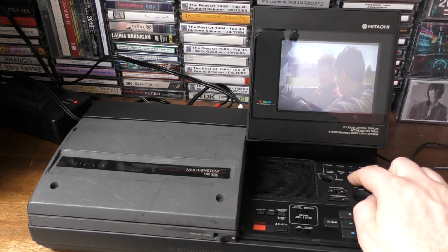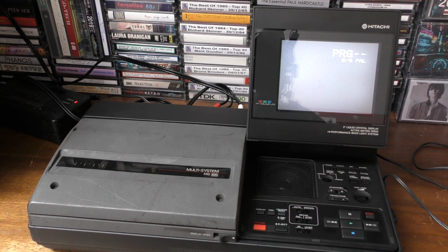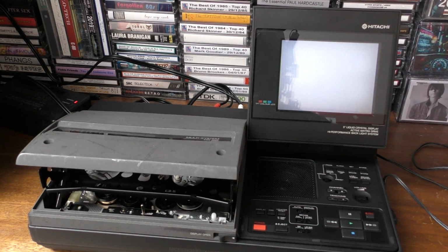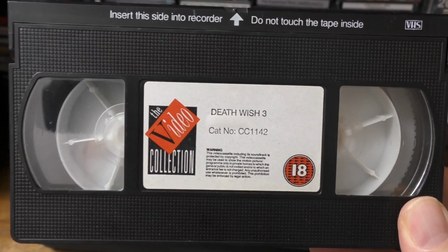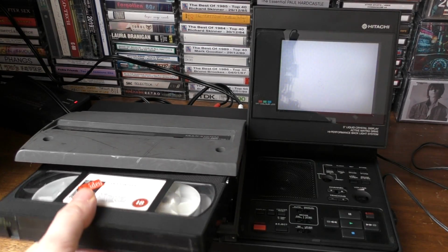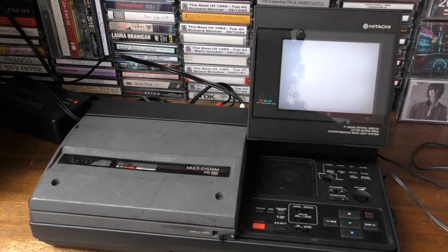Now, I'm just going to change the line from there because I've got something playing in the background for later, but we turn that off. It still does actually work. So let's open it up. Look at that, one touch eject. Beautiful. I'm going to put in one of the few videos I have left. Love this film. One of the first videos I ever bought when I was young. Death Wish 3. Love it, but you know, you slide it in, you close it, it fires up,